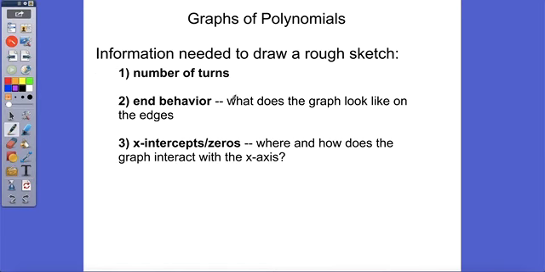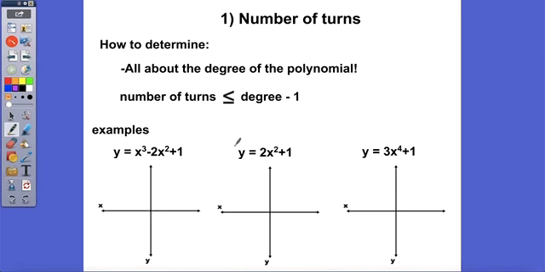End behavior is essentially: what does the graph look like on the edges? We'll go into more detail with each of these. I'm just providing an overview of what we're doing here. And then x-intercepts and zeros. You might remember what x-intercepts are. Zero is a synonym for x-intercept. Root is another synonym for these things. And x-intercepts describe where and how the graph interacts with the x-axis. So we'll answer these questions and put them all together at the end. All right, so